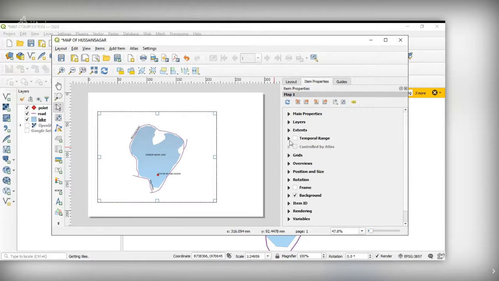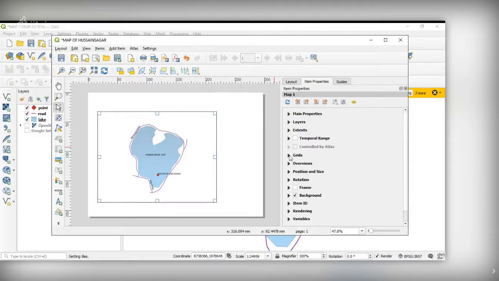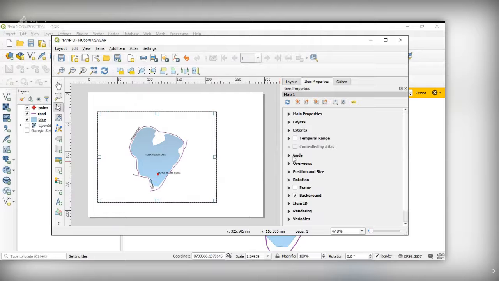The extent is given. Now CRS is 4326. This is a spatial reference system. This is a geographic coordinate system.